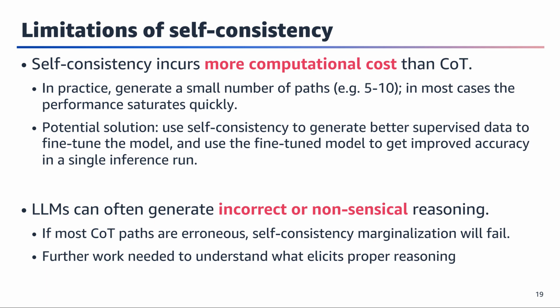However, language models can often generate incorrect or nonsensical reasoning paths, posing a challenge for self-consistency marginalization. If most of the chain-of-thought paths are erroneous, the self-consistency approach may fail to yield reliable results. Further research is needed to understand what prompting techniques or model architectures can elicit proper reasoning and consistent outputs across multiple paths. Let's discuss the tree of thought approach,